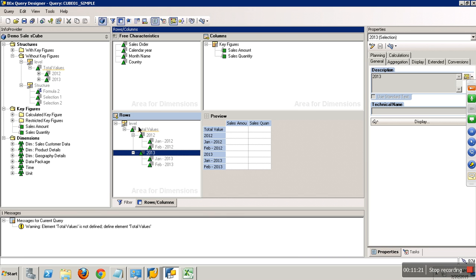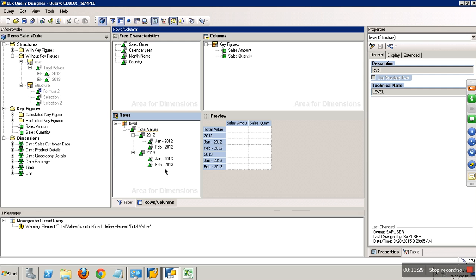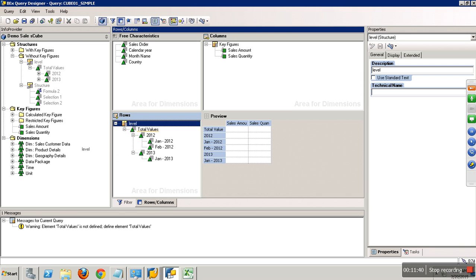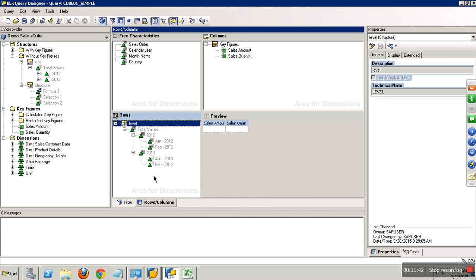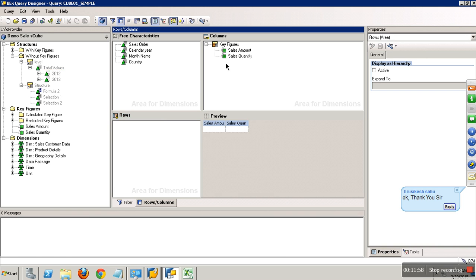When you right click, there is an option. What is the option here? Remove reference. So the linking is removed, and once the linking is removed, I can do some changes. Let's say I want to delete something. Even if I change the structure, it will not reflect in the global structure. If I remove this and try to load the level again, is it bringing that node back? So by using remove reference, you can remove the connection between local and global structures. You can disjoint the reference. That is one. And one more important point to be noted is,